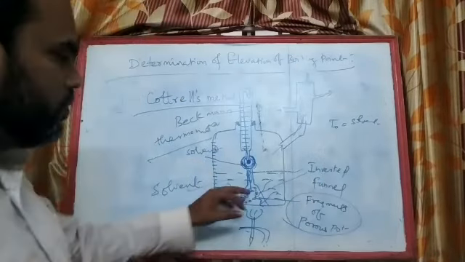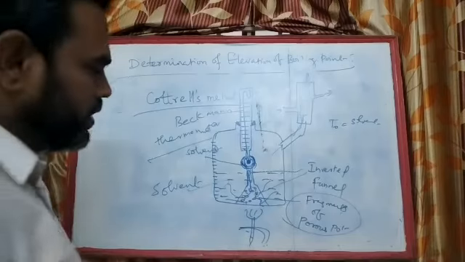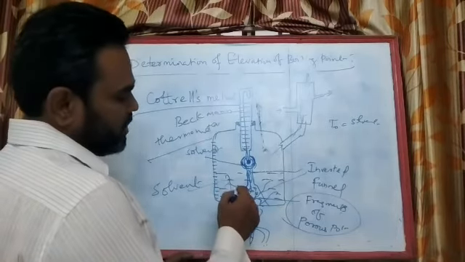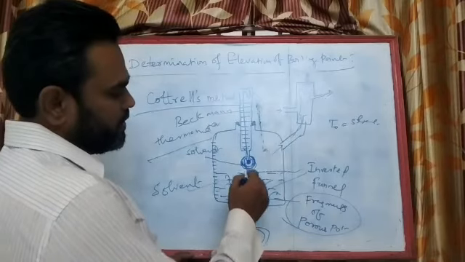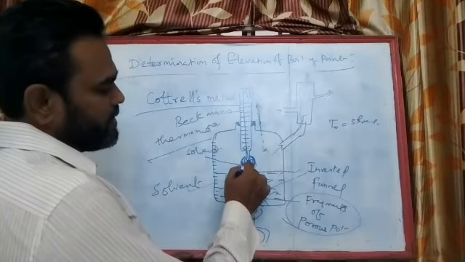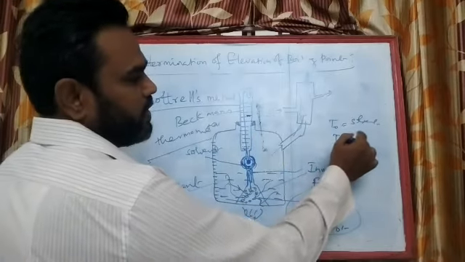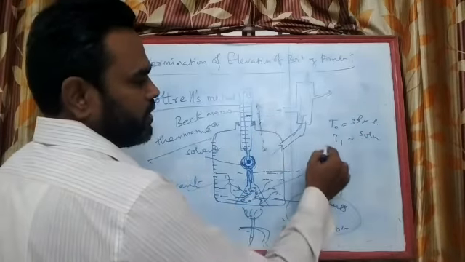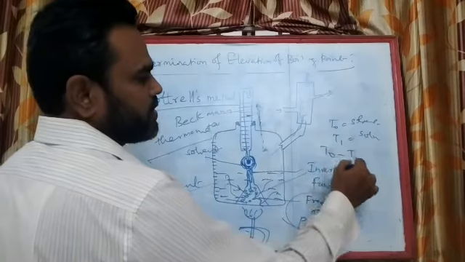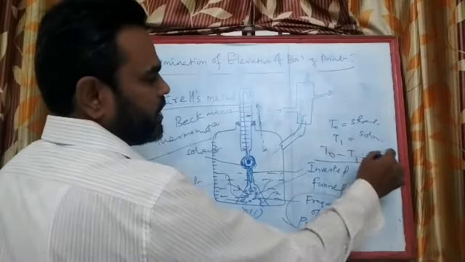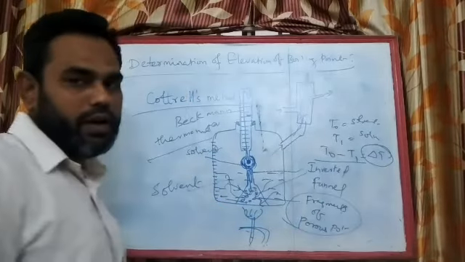Then add a little amount of solute into the solution, and again heat this solution, and the heated solution now passes through this porous fragment, reaches here, it heats up the solution here, and the temperature should be noted as T1 for a solution. Now T0 minus T1 or T1 minus T0 is the delta T, the elevation of boiling point.